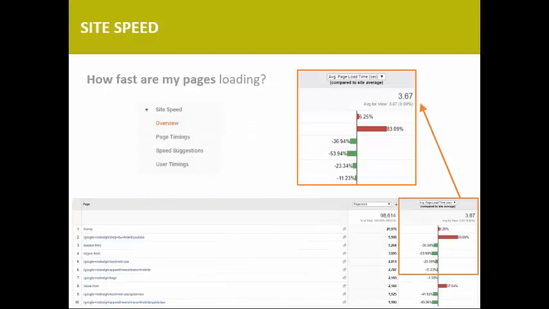And one more section of the behavior area I wanted to talk about, there's a site speed report. Page speed is really, really important to user experience and to keyword rankings, especially mobile performance. So this is really important to look at. In fact, Google is going to switch to a mobile-only index very soon here in 2018. So it's important we start looking at this now and making sure we're providing the level of performance our users